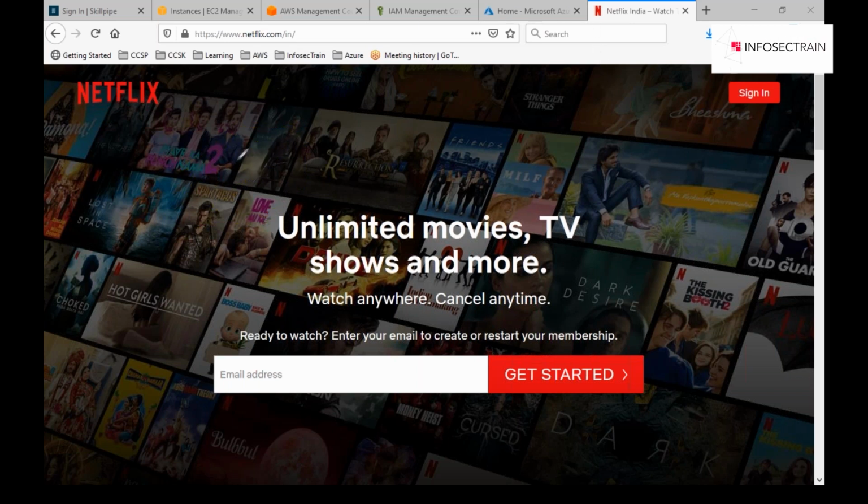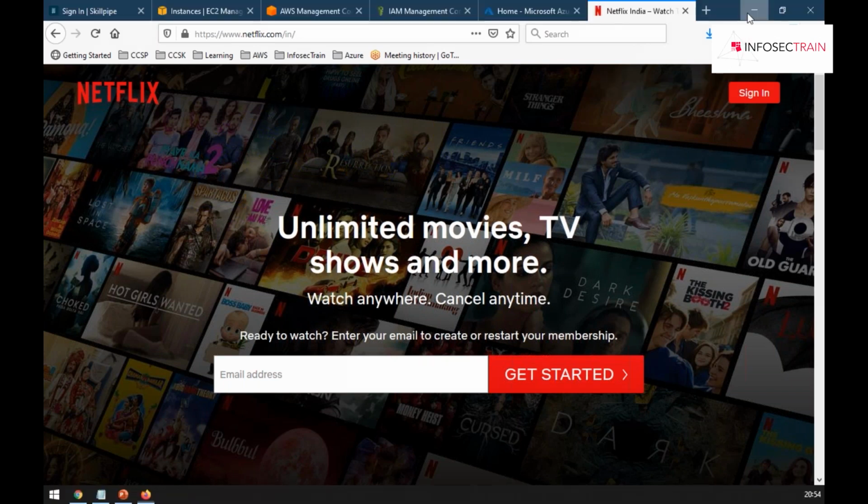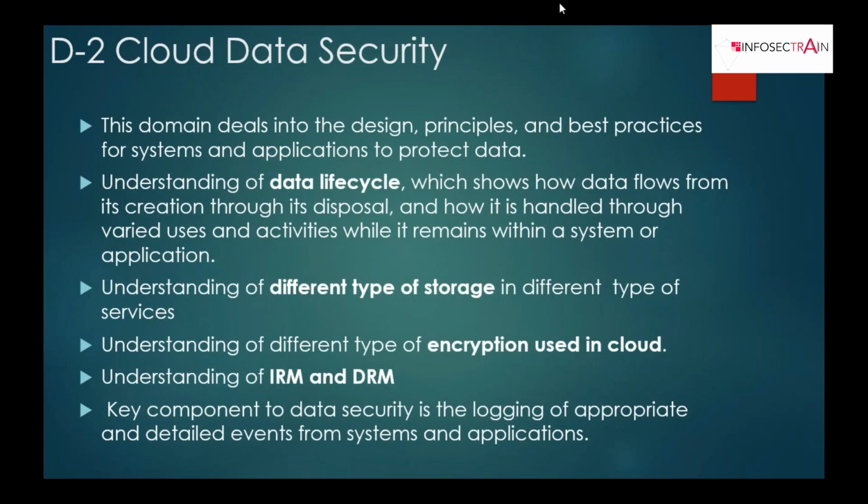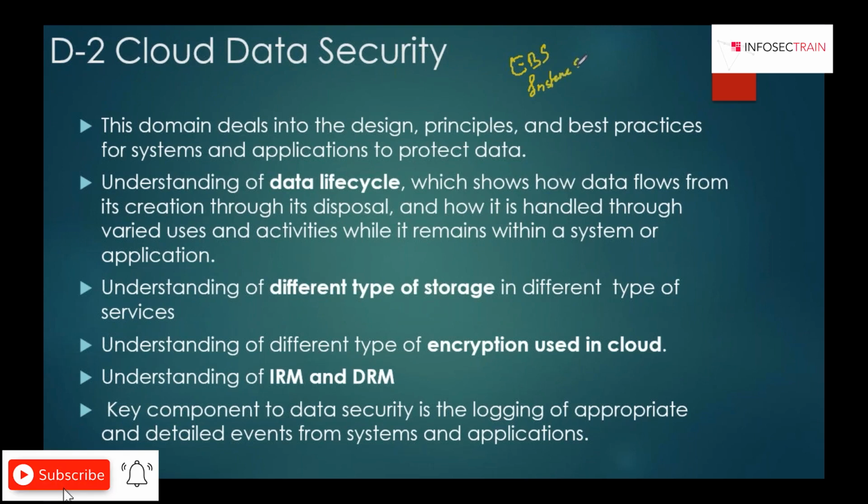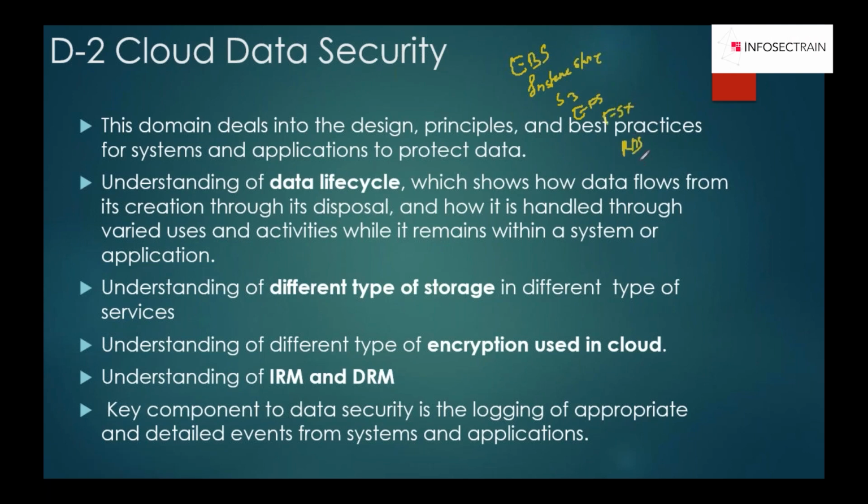So we have a lot of constraints like this. Or let's say I want to host an application, which is the best kind of storage for that? I want a shared storage, which is the best platform for that? Let's say in AWS, you have storage called EBS, Instance Store Volume. Then you have S3, EFS, FSx, and RDS database storage, cache storage. You have a lot of things like this.